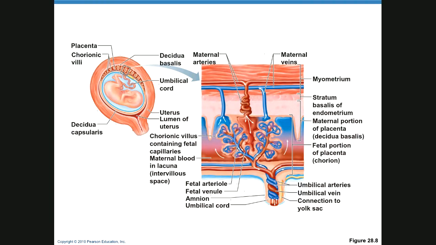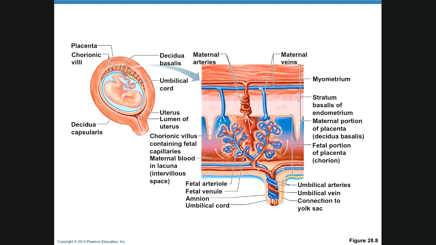And the fetal arteriole is coming from the heart, so it's an artery, and it's going to dump its waste here and pick up nutrients. And then the fetal vein has picked up its oxygen, and it's going to go back into the baby's system. So they're just sitting side by side. Like if you could put your fingers together side by side, you would see how it works. This is fetal circulation, this is maternal. They don't mix. They're just laying side by side, and it's